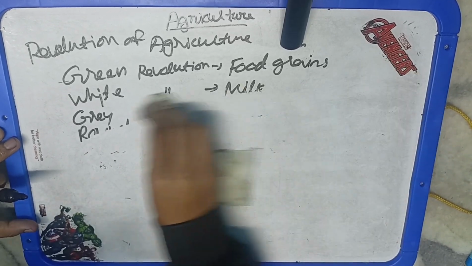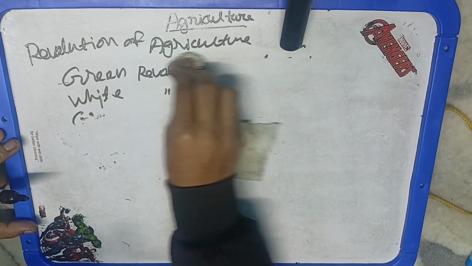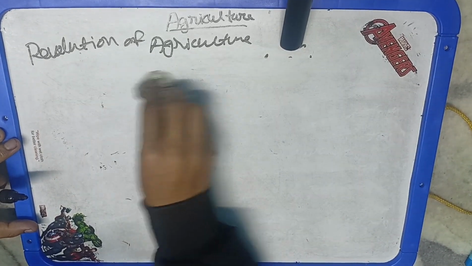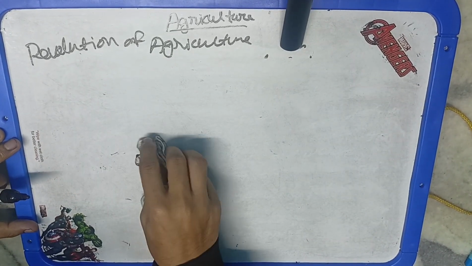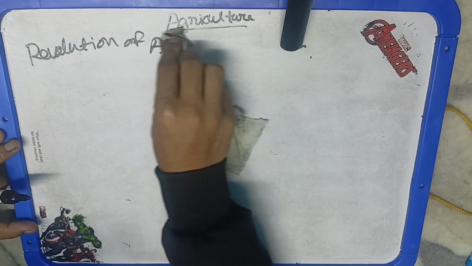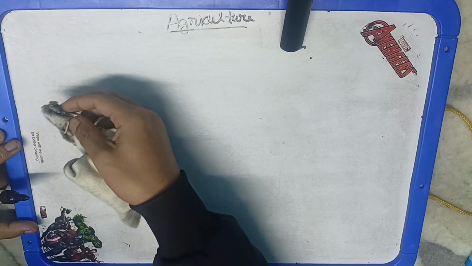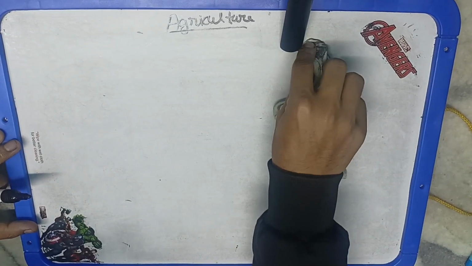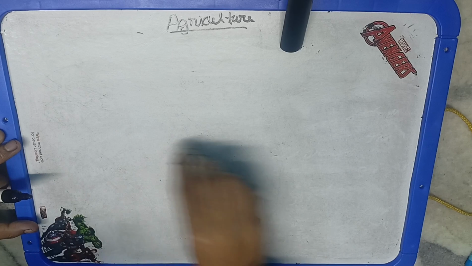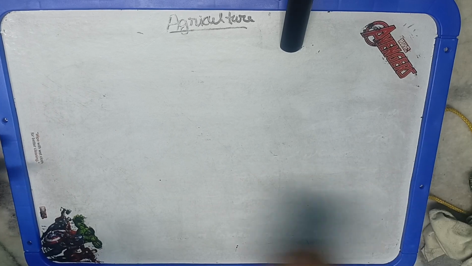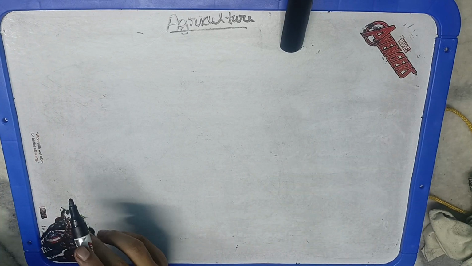So the green revolution, as you now know, is related to an increase in food grain production. So how to increase the food grain production? Before the green revolution, before the 1960s, our wheat and paddy crops were 8 to 10 feet long. Can you imagine? Our height is basically 5 to 6 feet maximum, but the crops were 7 to 8 or 9 to 10 feet long, and they were merely producing anything. And the problem of lodging was very huge because these are seasonal crops.